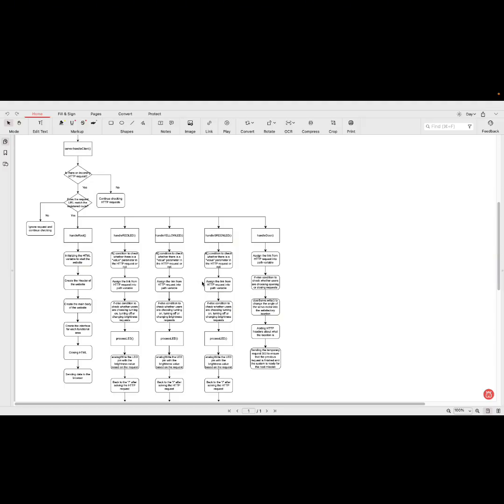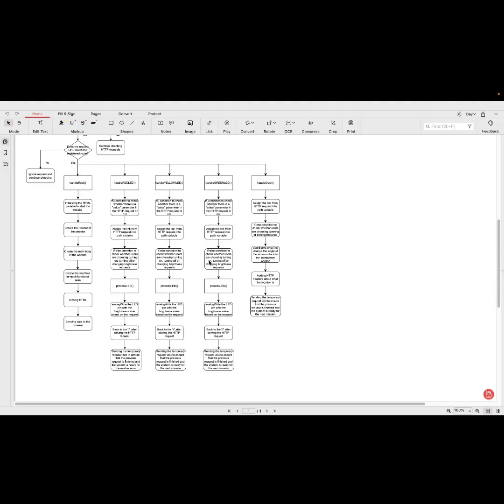Next, for the 3 LEDs, since 3 of them are the same, I'm just going to talk about one. First is the if condition to check whether there's a value parameter in the HTTP request or not. Then assign the link from the HTTP request into the path variable. Then an if-else condition checks which function users are choosing. Then it processes the LED, where it will analog write to the LED with the brightness value based on the request. And then after all, it will go back to the home page after solving the HTTP request. Then it sends the temporary redirect 303 to ensure that the previous request is finished and the system is ready